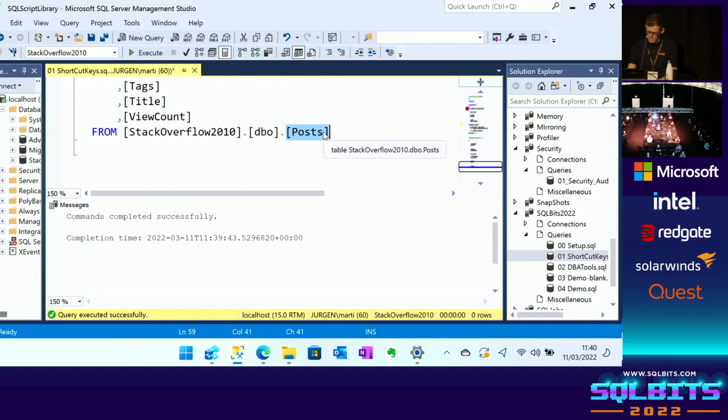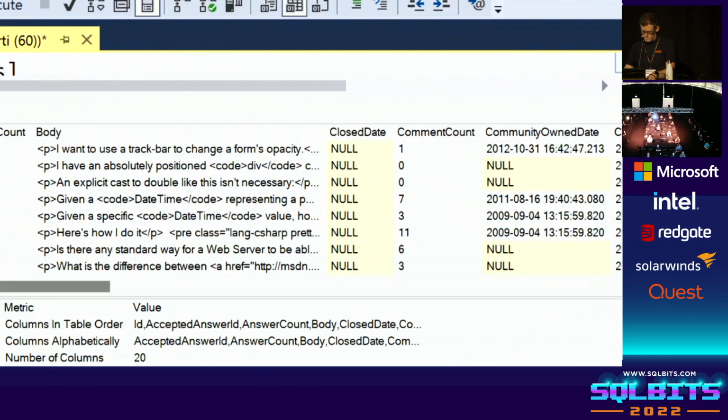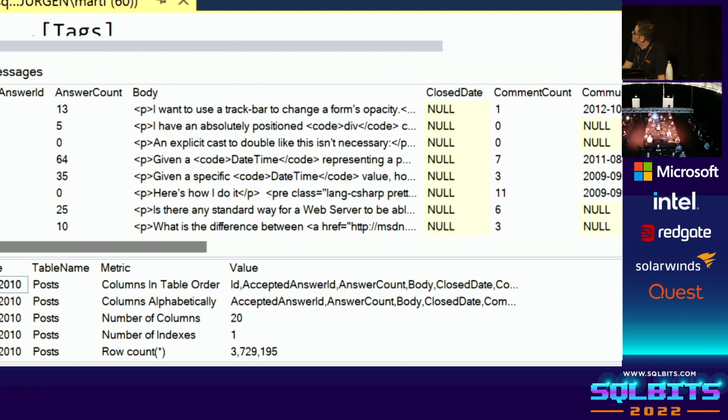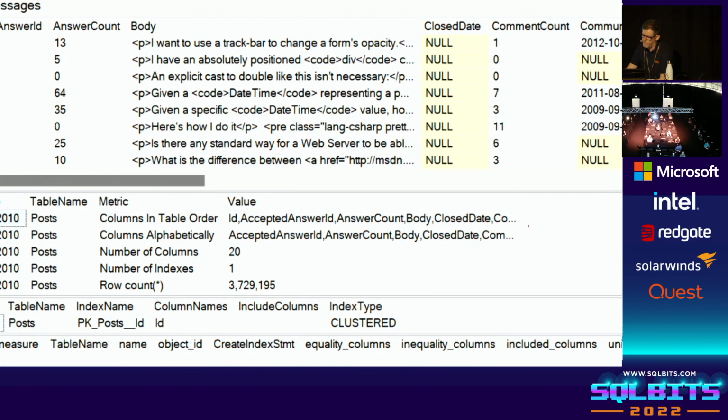So what I've got now is, if I do my shortcut key 7, just expand it so we can see everything. Okay, so I've got the same as I had before, just top 10 this time. I've also got a whole world of information here. I've got all the columns listed in order, so I use this to create an insert statement. If I'm putting data into a temporary table, I can actually use that, just drop the ID off if I'm